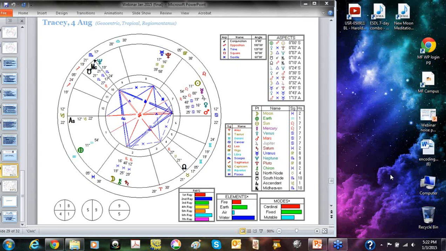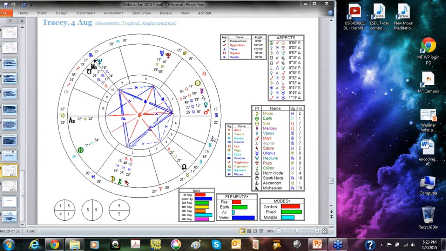Okay, so I'm Tracy, and I was born on the 4th of August 1966 in the UK, which gives me a Capricorn ascendant, a Leo sun, and a Pisces moon. My hypothesized ray chart is Soul Ray 2, Personality Ray 3, Mental Ray 4, Astral Ray 6, and Physical Ray 7.